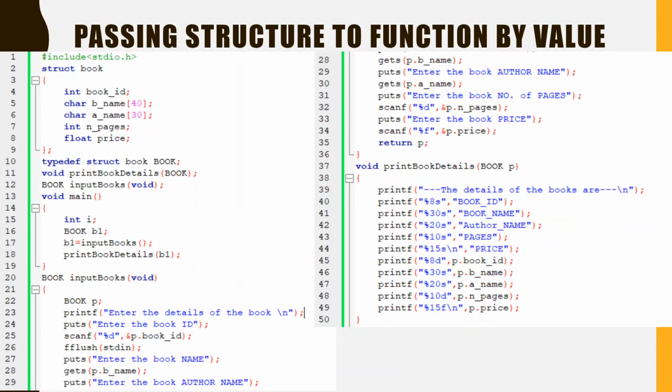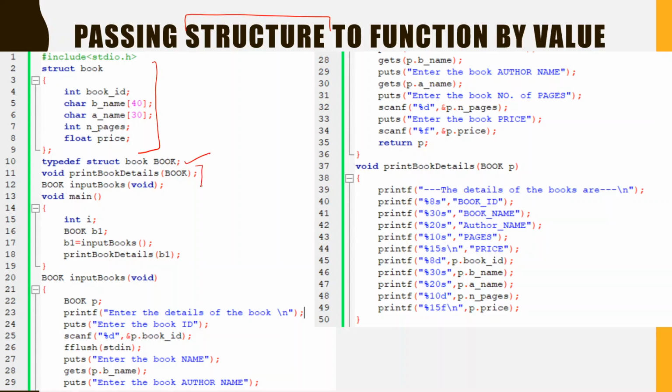Now we are seeing this example of how to pass a structure to a function by value. Since a structure is also a variable of some data type, it can be passed to the function in two methods. Either it can be passed by value, like we pass normal integers and characters to functions, or it can be passed with the help of reference. So in the coming two examples, we will see how to pass the structure to the function by value and by reference. This is the common structure that we are holding on to, and this is the type defined.